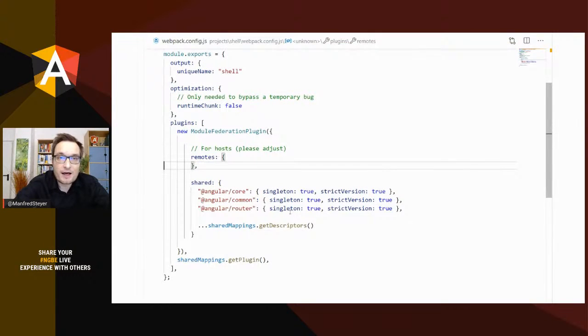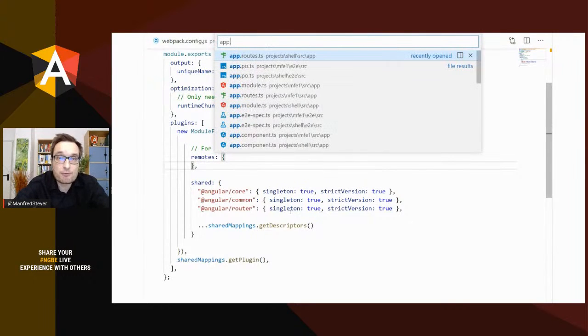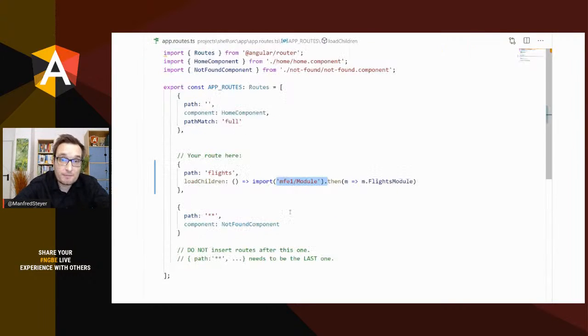Instead of this, I'm switching to my app routes configuration of the shell. And here I'm not using import anymore. Instead, I'm going